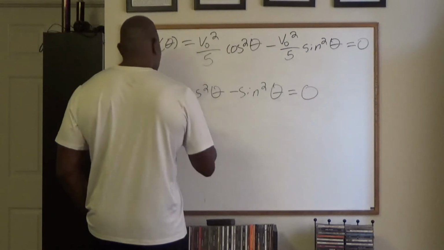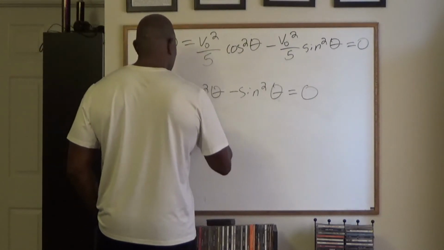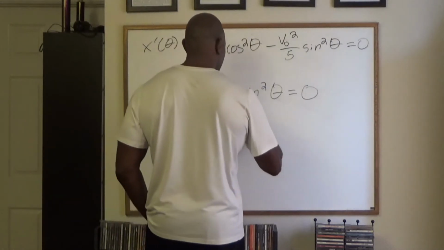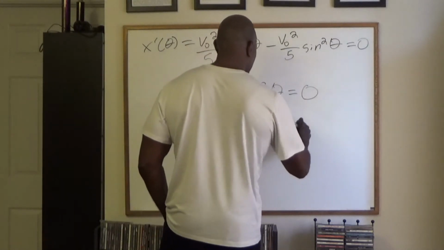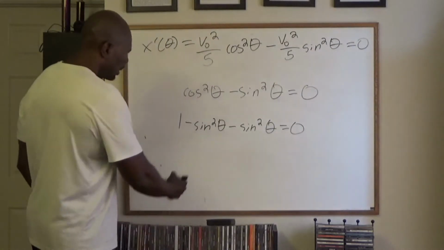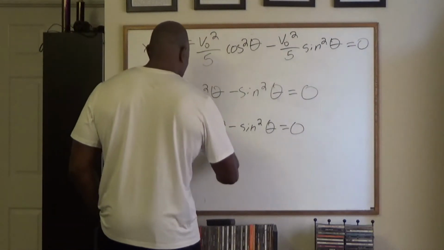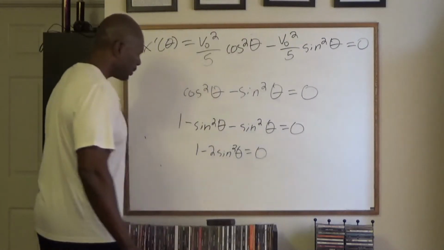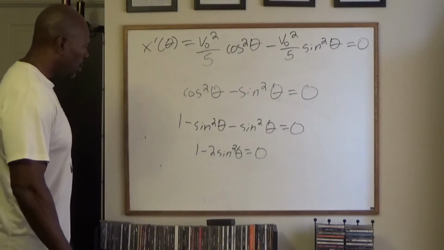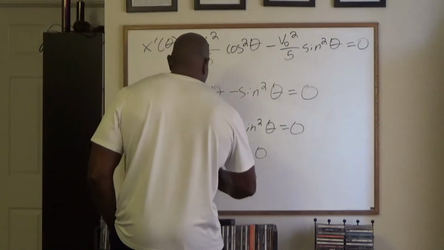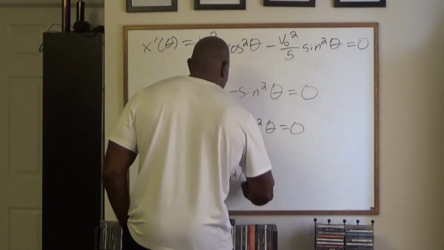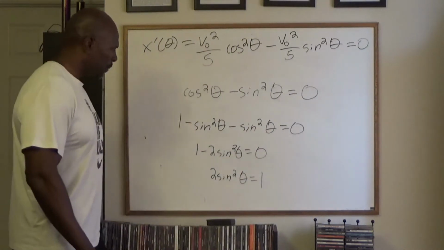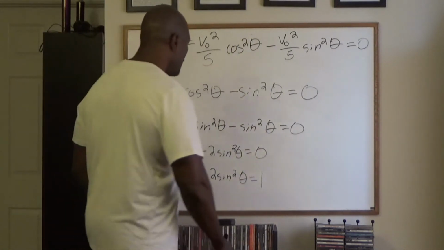So I rewrite this as 1 minus sine squared theta minus sine squared theta equals 0. And so that's 1 minus 2 sine squared theta equals 0, which means 2 sine squared theta equals 1, which means sine squared theta equals 1/2,